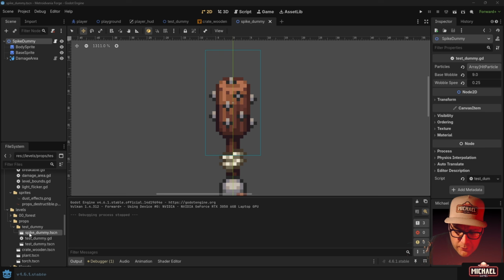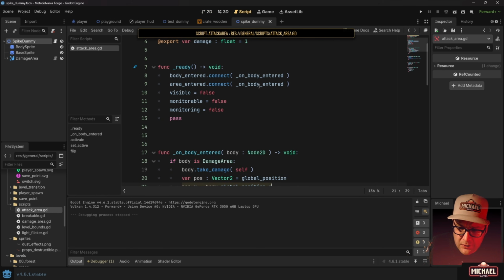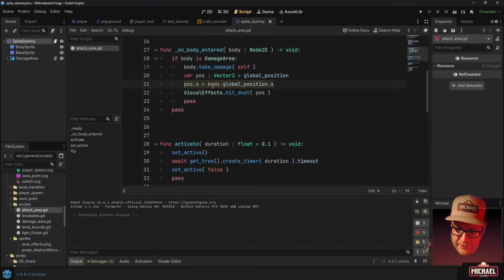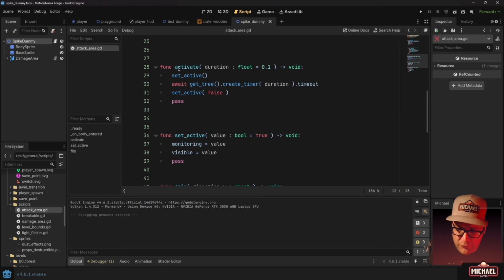Okay, so in order to create this hazard area, let's go look at the attack area script. And that was saved in our general scripts, right? So you can see I've got my attack area. You can always type in a file filter here if you want to. Let's go ahead and open this. So obviously the thing that isn't useful about this attack area is the fact that it disables itself when it's ready, right? It sets its monitorable and monitoring to false,